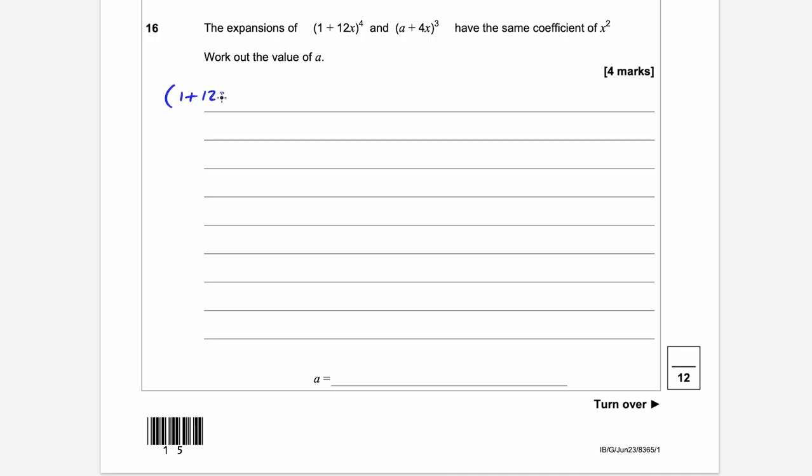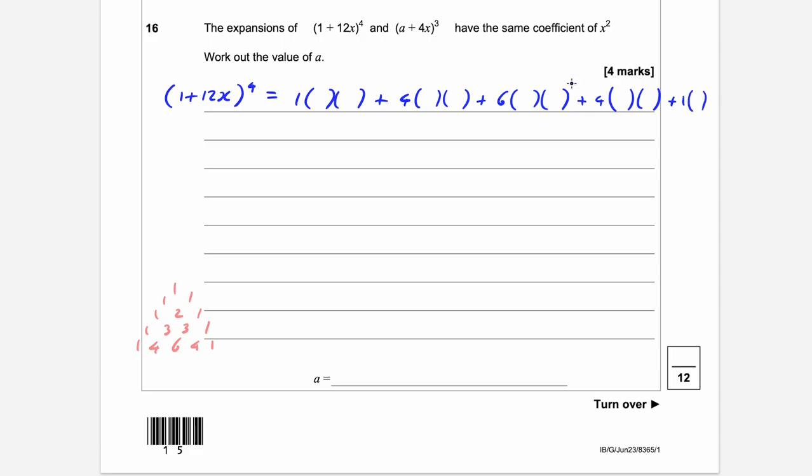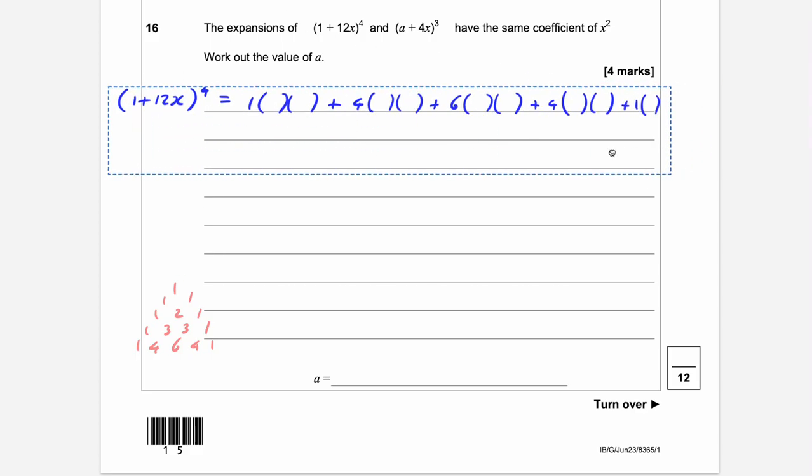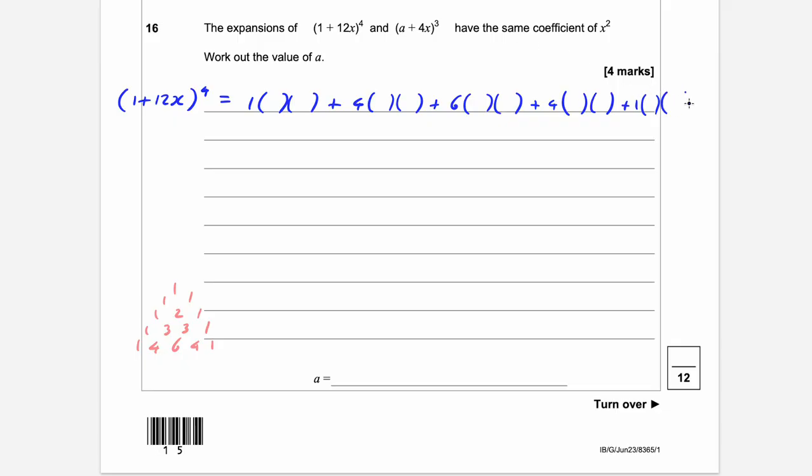1 plus 12x to the power of 4 is equal to, I'll just do Pascal's triangle down here, guys, out of the way. 1, 1, 1, 1, 2, 1, 1, 3, 3, 1, 1, 4, 6, 4, 1. Okay, this is 1 bracket, plus 4 bracket, plus 6 bracket, plus 4 bracket, plus 1 bracket. Nearly had enough space. Okay, in here goes 1, 1, 1, 1, 1, and in here goes 12x,